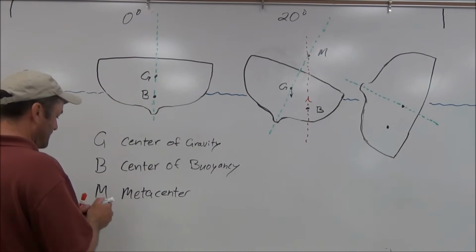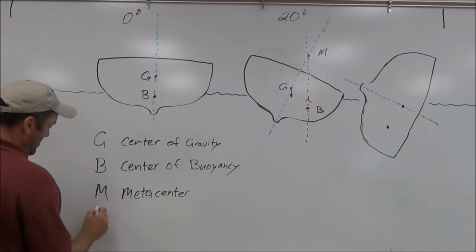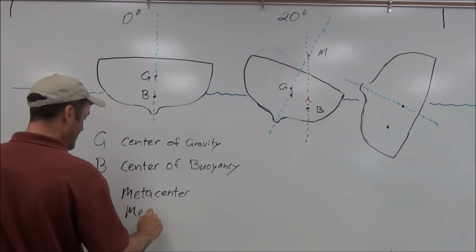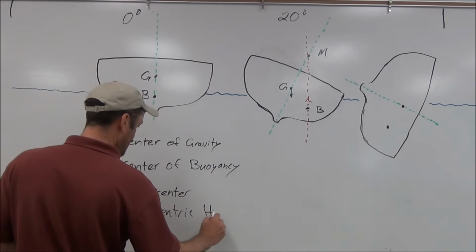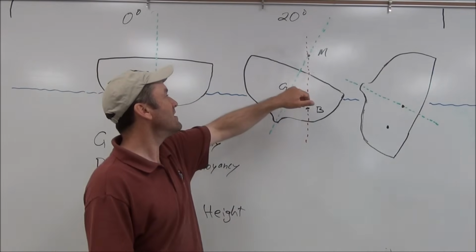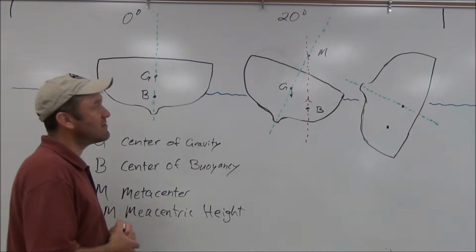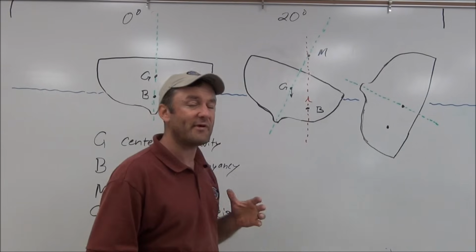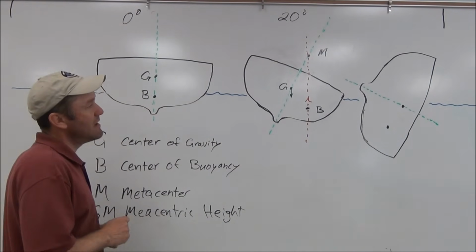Okay. Now, there's a distance that we also want to remember. That's GM. We call that distance the metacentric height. Okay, now the metacentric height is this distance right here. It's a theoretical distance, but by determining the metacentric height of a vessel, we can kind of determine the vessel's ability to turn upright, or the vessel's stability. And I'll explain that here